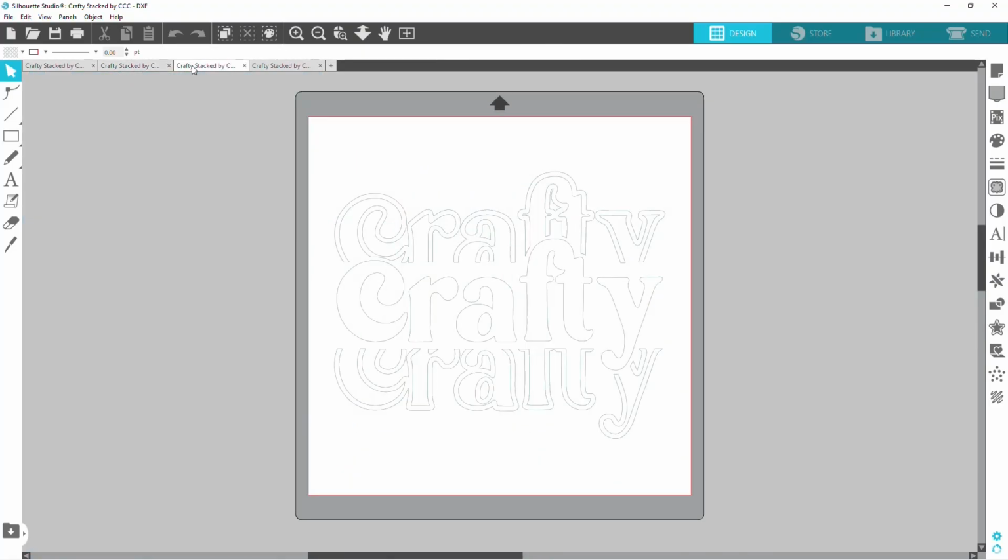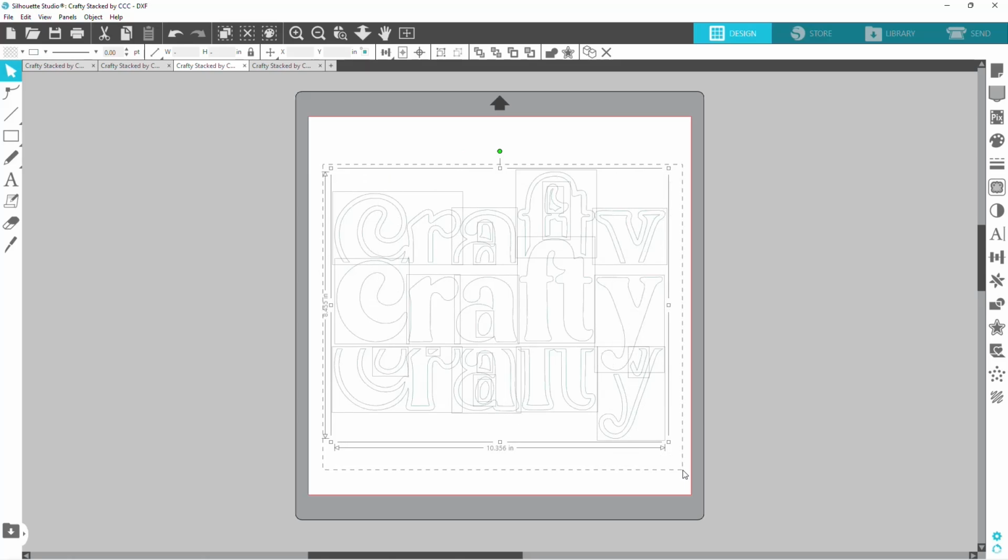The next one here is DXF. And this is also a scalable file, but you'll see it only gives you the lines. And in order to make this a file that we can use, it's usable as it is. Let me say that. It's usable as it is, but you'll see when I grab everything,